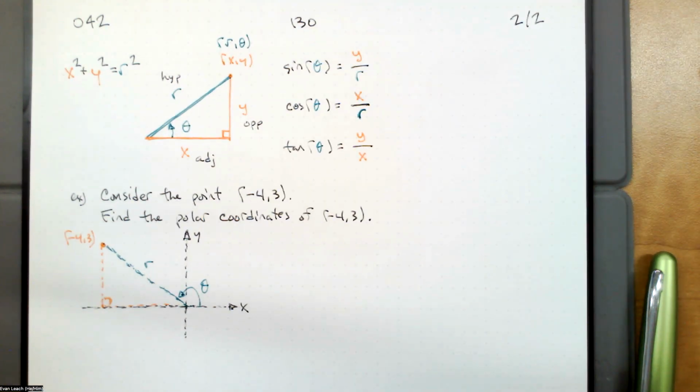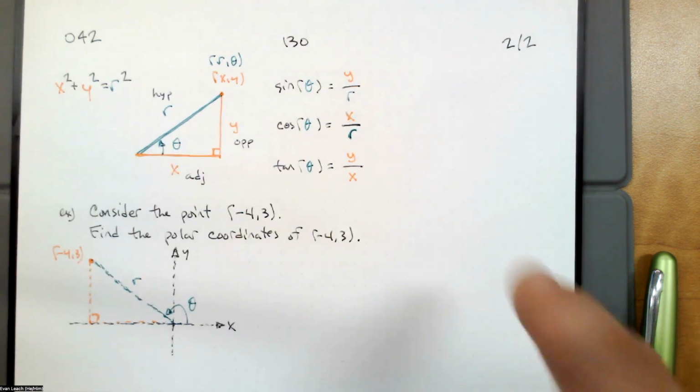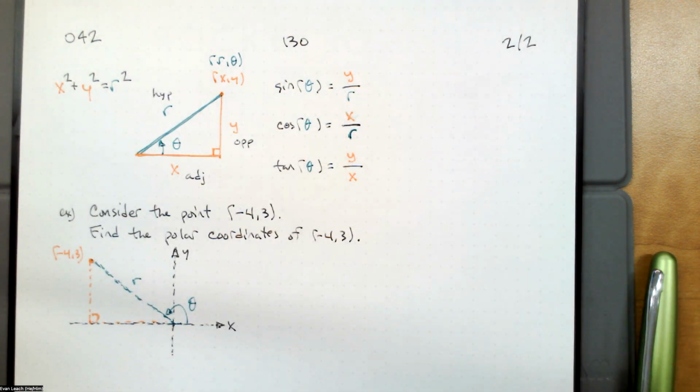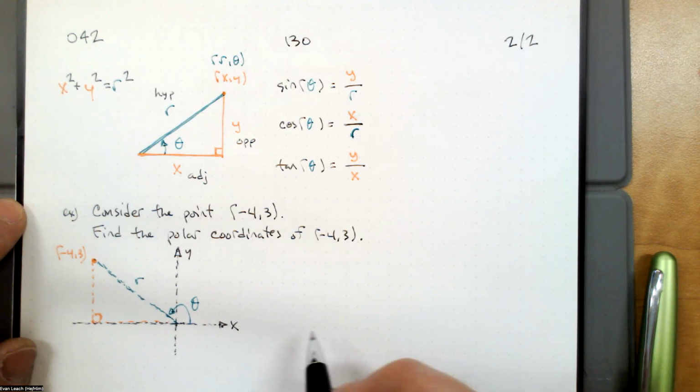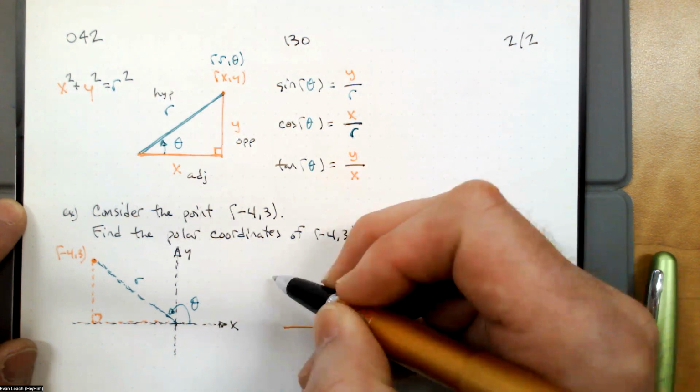Notice that since we have an angle in standard position in the second quadrant, theta is bigger than 90 degrees. Theta is not an acute angle. So we want to grab the reference angle for theta. If we start doing calculations with these x's, y's, and r's, we're going to get angles that are inside this right triangle. If we pull the right triangle out of here, we've got a base of 4, a height of 3,